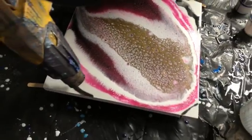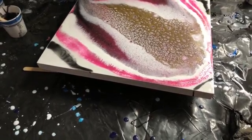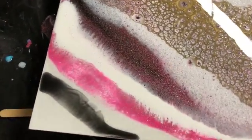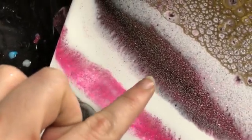It's black. I'm not digging the black. I'm glad I didn't put that in there. I'm not feeling it. Not feeling the black? That's weird how it...